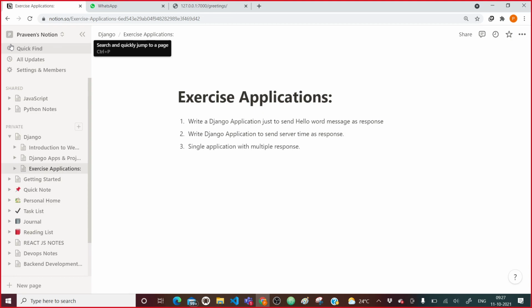If not, then I will have to come in and show you how to do all sorts of things. So no issue, you can try. First two are very simple and the third is also simple, but in the third you need to define more than one view. You need to create more than one URL pattern and map each URL pattern to its respective view.